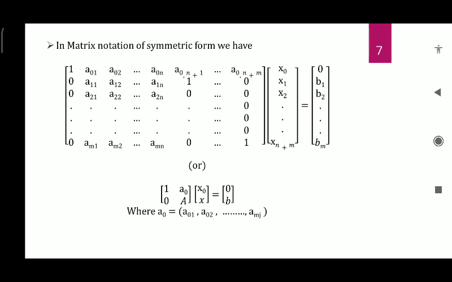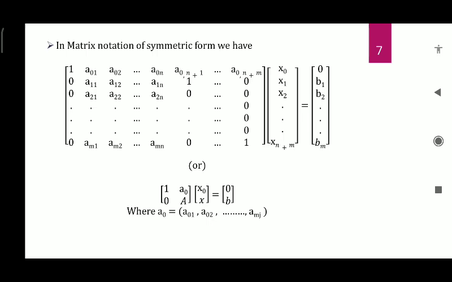Last value will be 1. Here the order of this symmetric matrix will be m plus n columns, therefore we shall write this as (m+1 plus m plus n) cross (n plus m), and the variables x can be written as the column matrix x0, x1, x2, etc., xn plus m, that is equal to b, where b is in the form of column matrix 0, b1, b2,